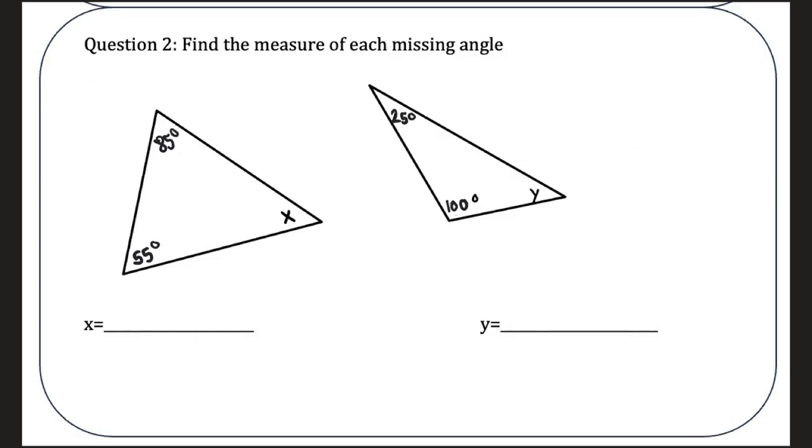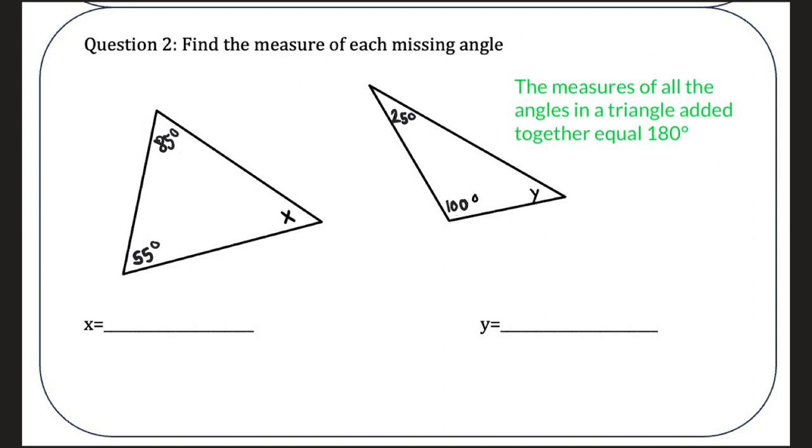On these problems, we need to find the measure of each missing angle. There's one big concept we need to know here before we do this. This is that the measures of all the angles in a triangle add together to equal 180 degrees. So that actually makes these problems not that bad. We know that every single one of our angles here have to add together, addition here, to equal